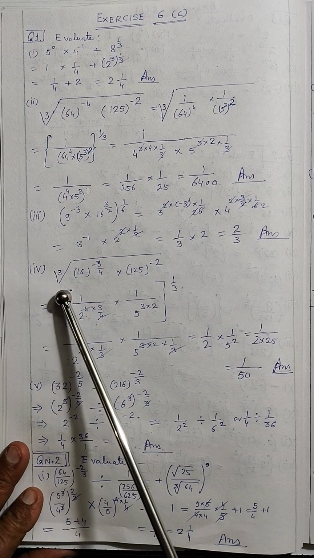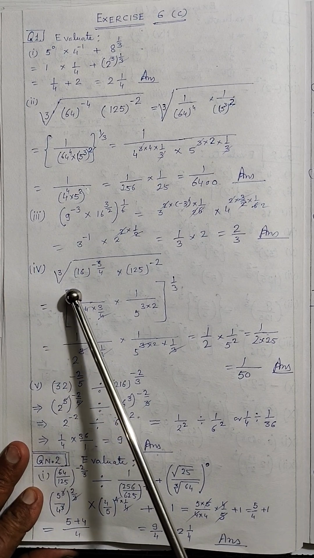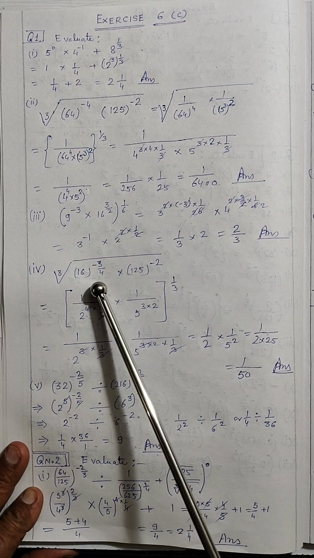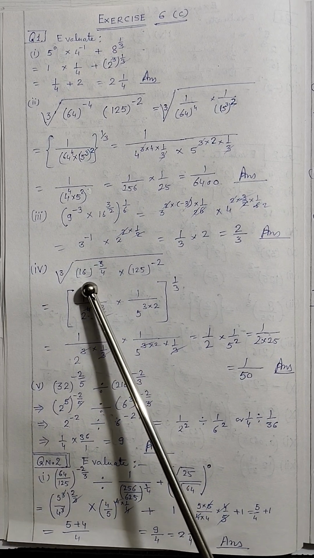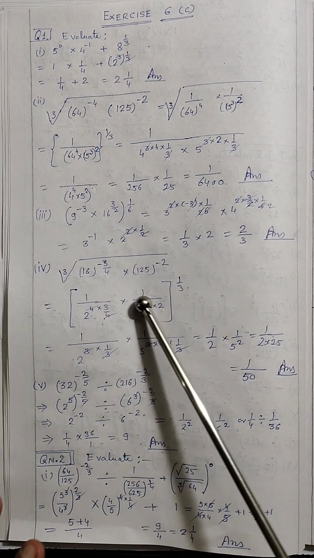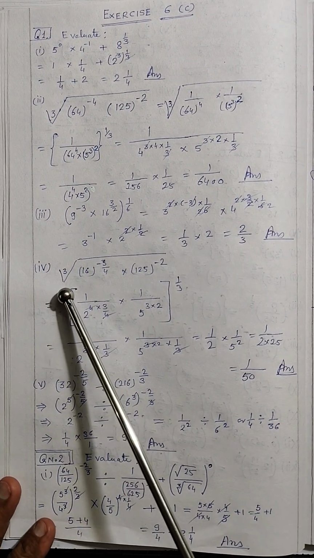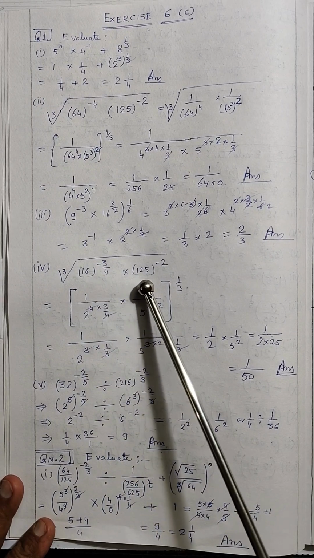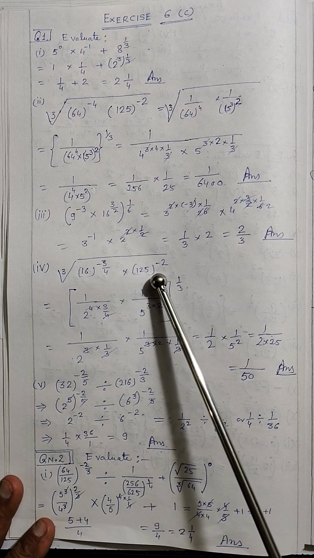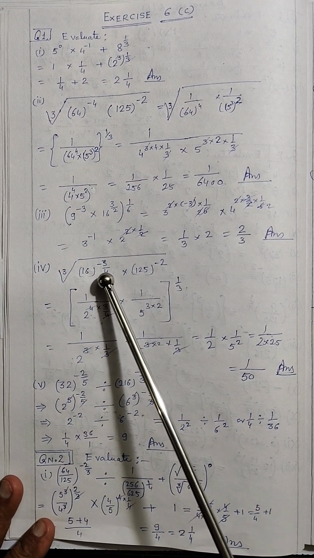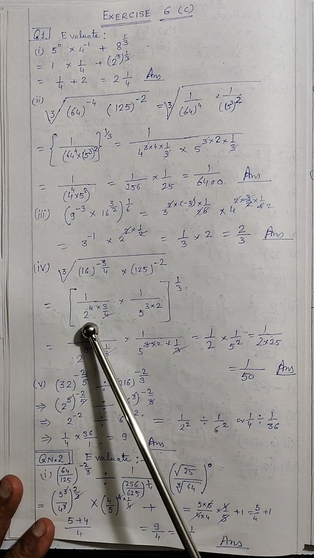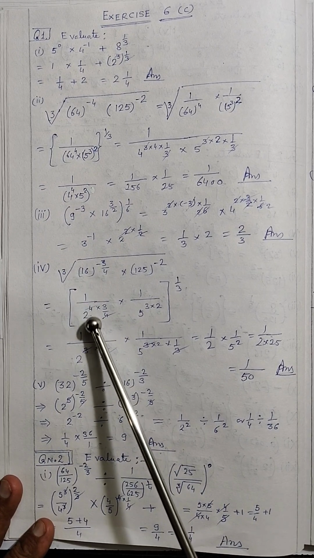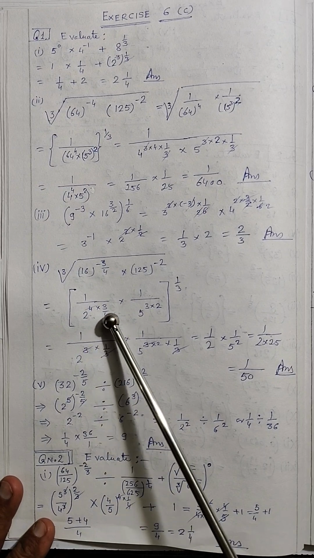Now come to the fourth part. Cube root of 16 raised to power minus 3 by 4 into 125 raised to power minus 2. So in order to make it positive, what I have done, I have written 2 raised to power 4 into 3 by 4. 1 upon 2 कर दिया इसको, 1 upon 2 raised to power 4 into 3 by 4